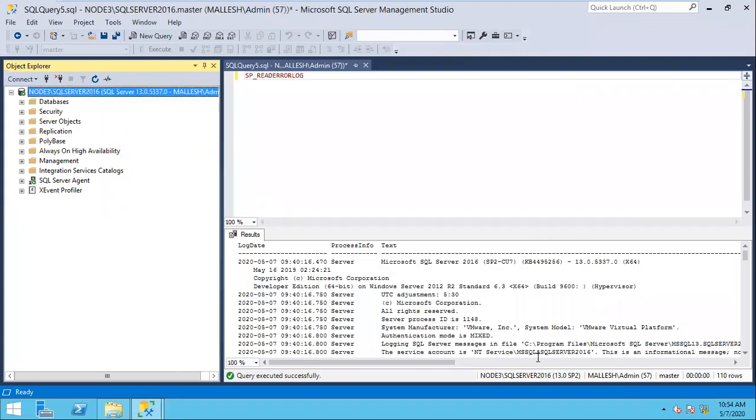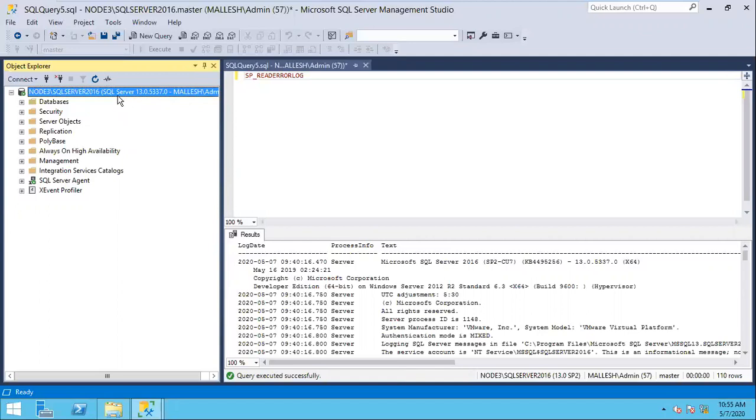But from 2012 onwards, we have an indirect checkpoint. Using indirect checkpoint, we can specify the recovery interval for individual databases. Before 2012, whatever recovery interval value was set was applicable to all the databases by default. But from 2012 onwards, it is applicable until you change the recovery interval for a particular